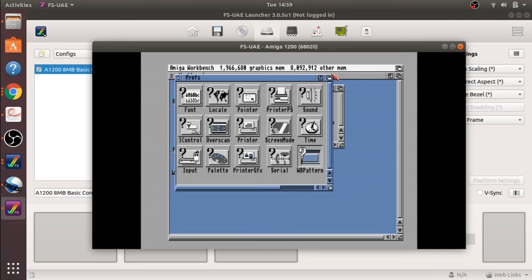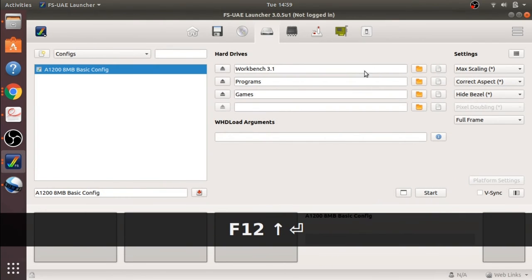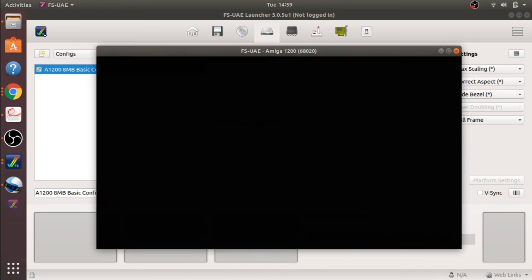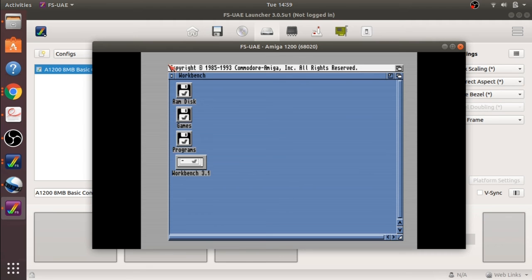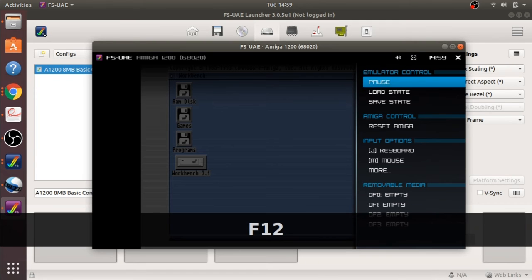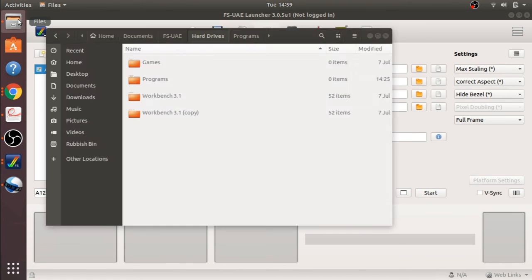So now if I press F12 and exit my emulator, and we can see those effects have taken effect. Our settings have taken effect when we start it back up. Let's exit out of that, press F12. Now if I go to my hard drives,